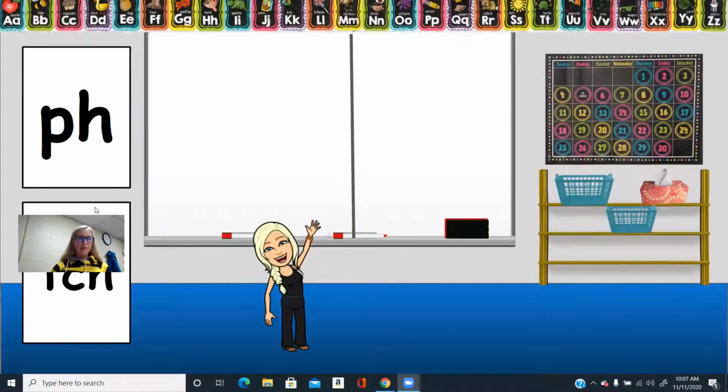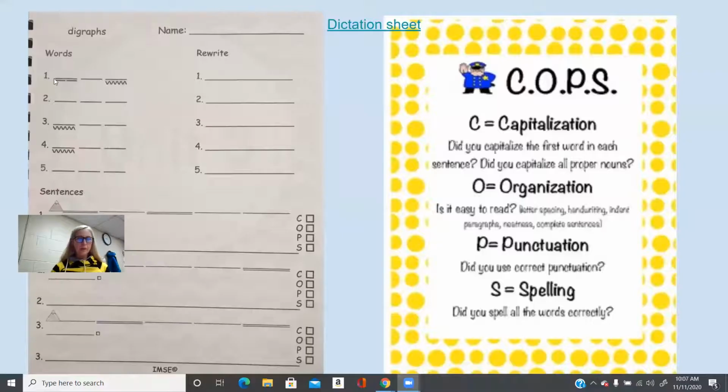All right, let's go over here. Our first word, here we go, is the word graph. I will put the math information into a graph. Graph. Here we go. Let's pound it out. Graph. G, graph. Okay, so don't forget we have a blend at the beginning, and I want you to think what 2